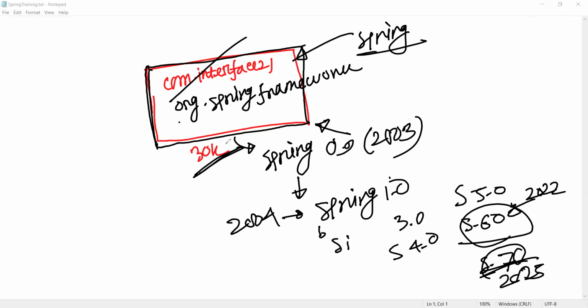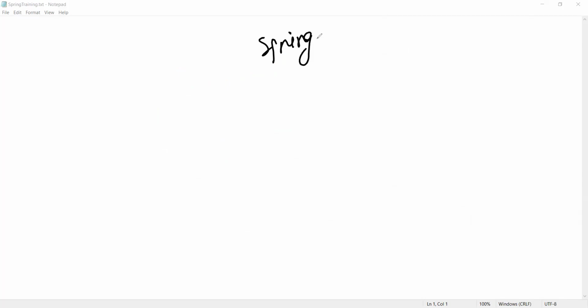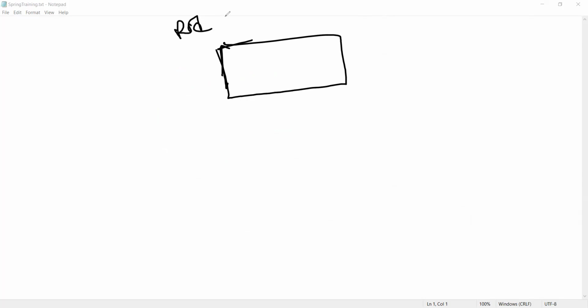So right now, what is actually Spring? Simply, this project's creator is Rod Johnson. Now let me discuss something about Spring Boot, just some basic idea right now. Before that, let me share this information about when Spring Boot came into the market, just a little bit. Consider this 30,000 lines of code. Who provided this 30,000 lines of code? Rod Johnson only, right?